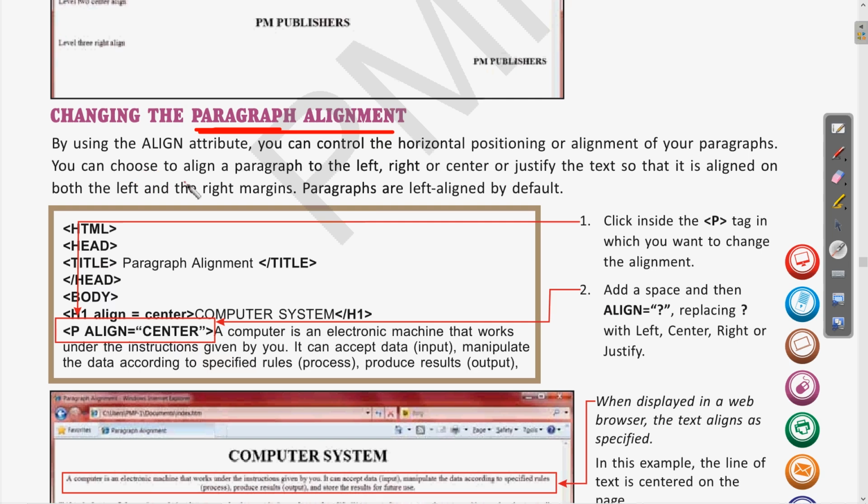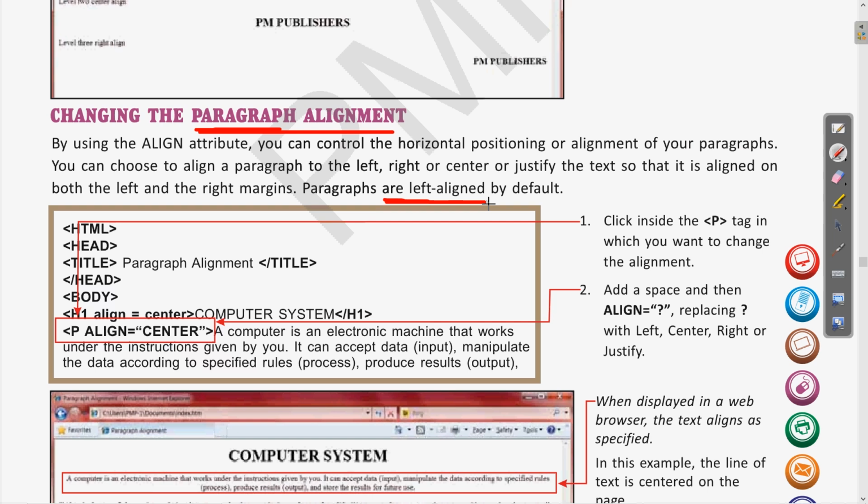So you can choose to align a paragraph to the left, right or center, or justify the text so that it is aligned on both the left and right margins. Paragraphs are left aligned by default. When we are not giving any alignment, by default it is left aligned, which we have seen also. Whatever paragraph we write is placed on the left side of the web page.